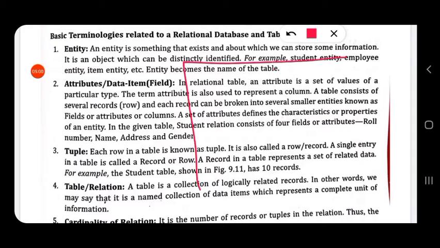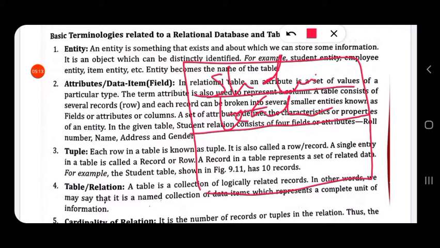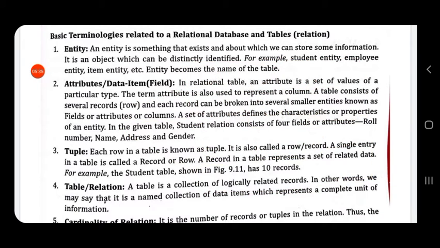Suppose in our database we have a table student, that stores the details of students. Then teachers, another table that stores the details of teachers. Then library, which is the table which stores details of library books. All these are in our database school. So student, teacher, library, all these are entities. That is the name given to a table.